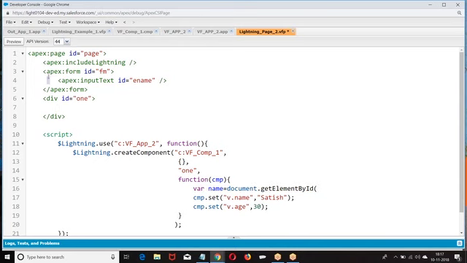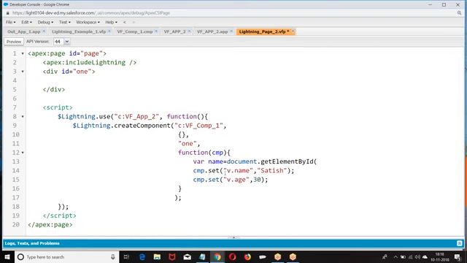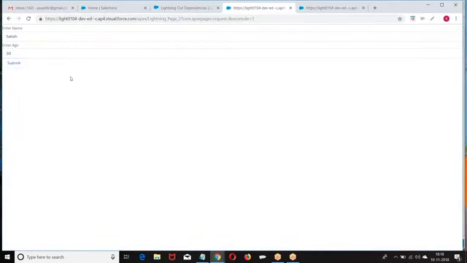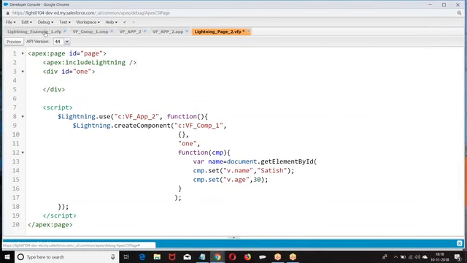We can pass the values. Not only passing the value, if you want to perform any other operation also, we can do it. Once a component is created, what is the action you want to perform, I can define here. So if you look at this, the page is a VF, but the look and feel is like Lightning. I'll create one more example to understand this functionality. I'll make it a bit complex now. We got a basic structure. Now I'll make it a bit complex.